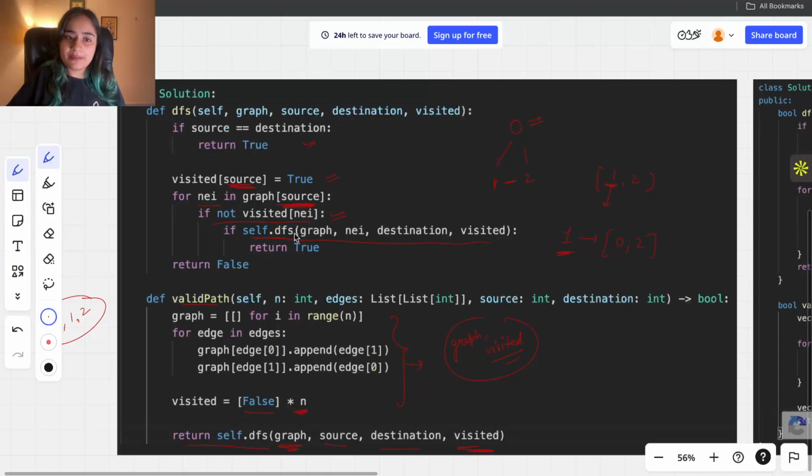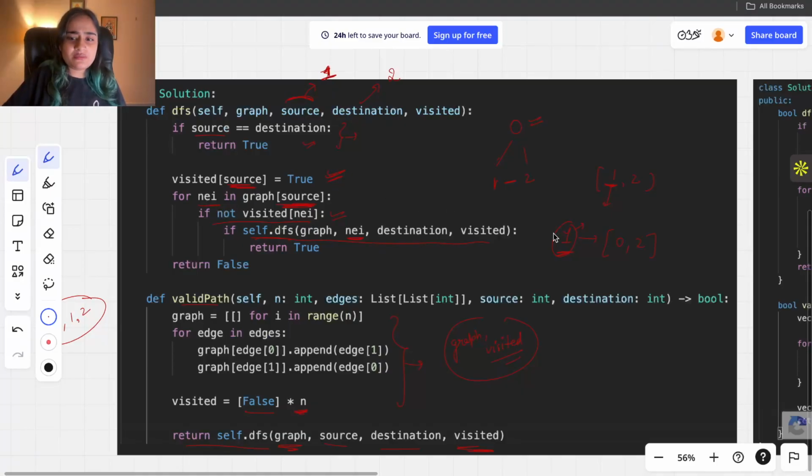So what's going to happen? Now the neighbor is going to become our source. So our source is 1 now, because that's where we are. The destination is still 2. So we are on 1, we want to go to 2. Is it matching? Is 1 equal to 2? No, they are not. We are not on the destination yet, but we are on the way. So it's not true, we didn't find our destination, but we can mark 1 as visited because we already visited it.